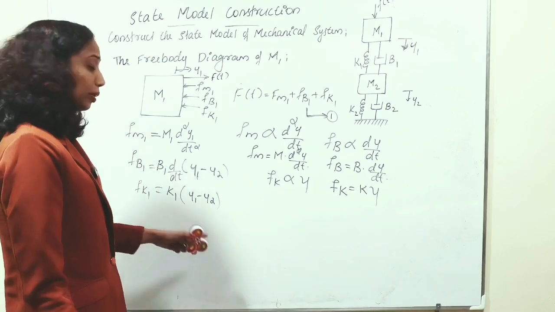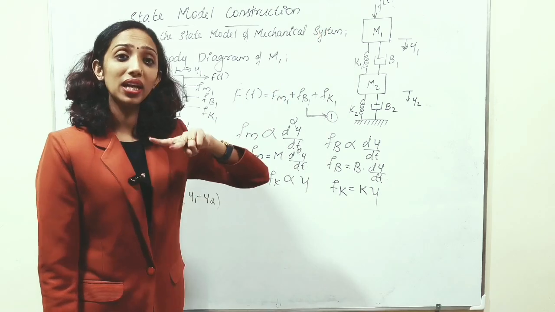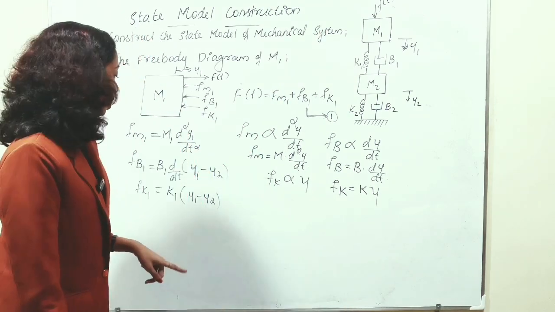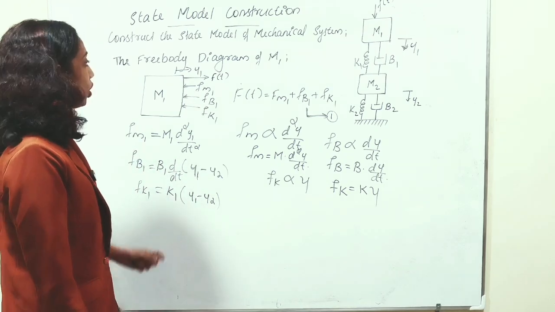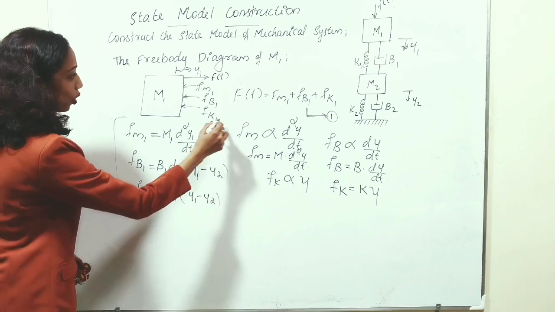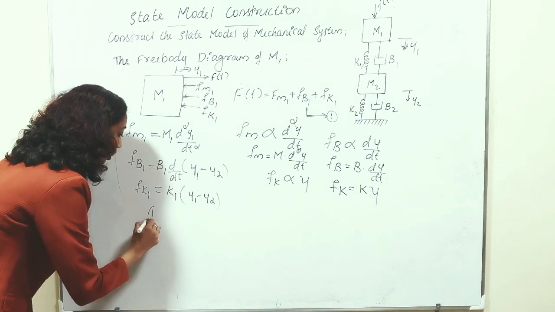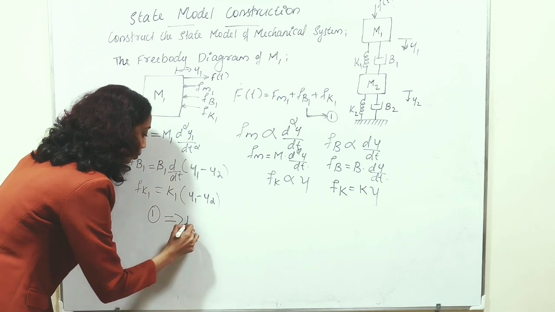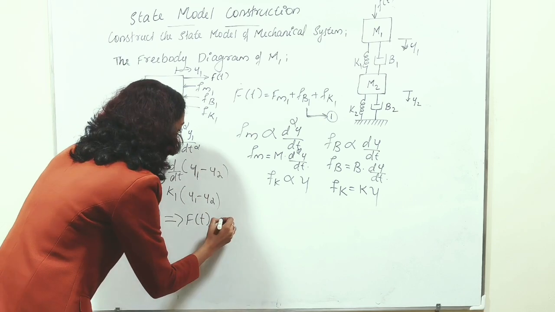Why? Because of y1 minus y2: k1 is connected in between two mass components, m1 and m2. Therefore, I choose it as k1 into y1 minus y2. Then I can substitute all these equations in equation number 1. Okay, therefore equation number 1 changes to f of t is equal to